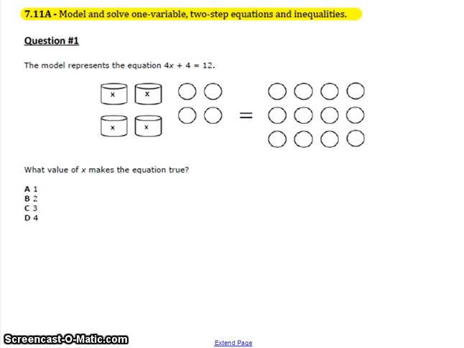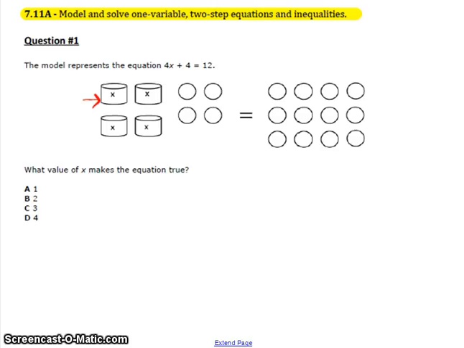Now there are two ways to solve this. You can solve straight from the model, or you can solve from the equation only. I'm going to start with the model, and then I will show you the equation. You have to make sense of the model. I have 4 x's, which are represented by these 4 x's. I have 4 singles over here. They are plus 4, and then it equals 12 positives, which are located on the right side of the equal